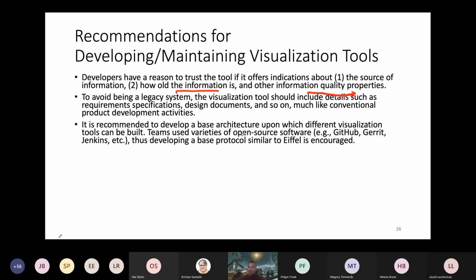It is recommended to develop a base architecture upon which different visualization tools can be built. I remember I told you that many companies have different teams and each team has their own pipeline and their own local visualization tool. And it's very hard when they say, okay, can other teams use our tool? Or no, this visualization tool is customized to our need, our pipeline. It cannot be scaled or it cannot be portable to your